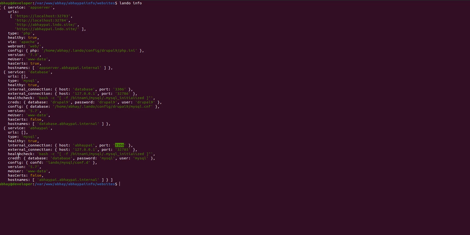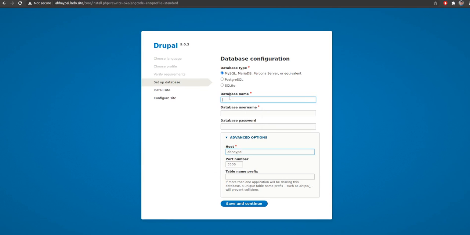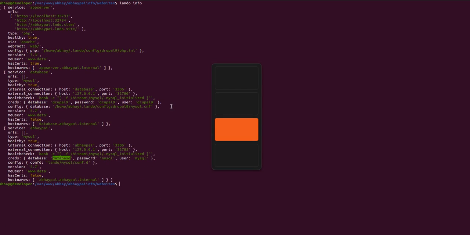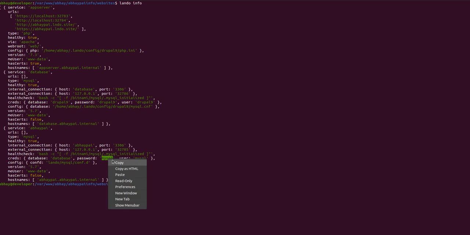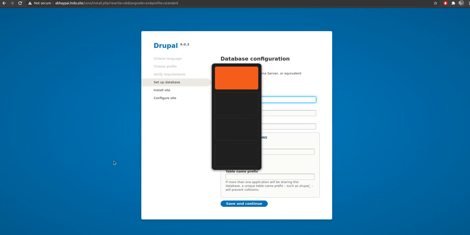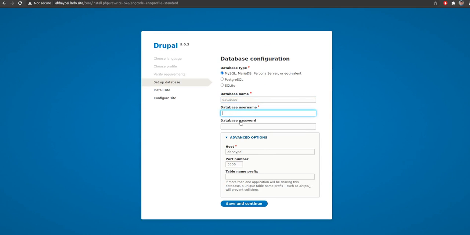My username and password for the database are mysql and mysql, and the database name is database, which has already been created by Lando. I will copy and paste the username, password, database name and host name, and click on save and continue.